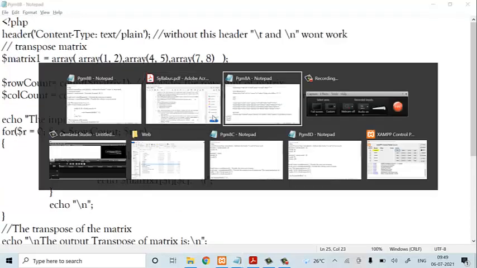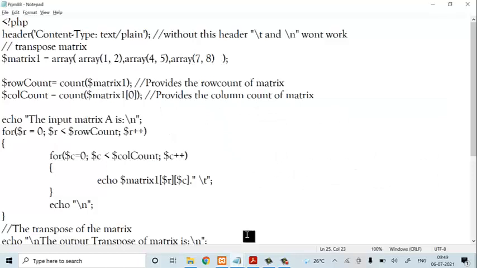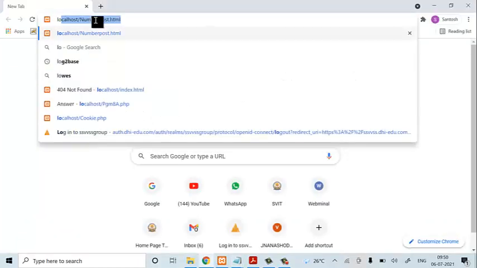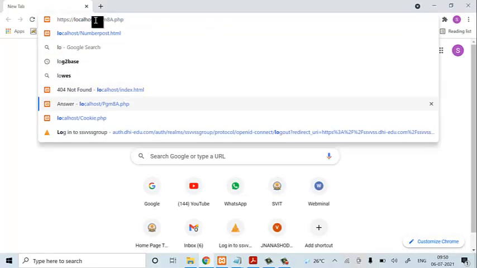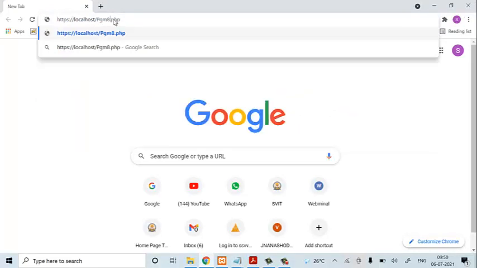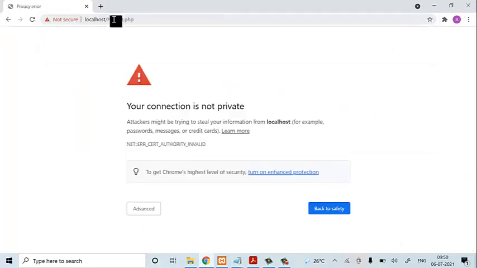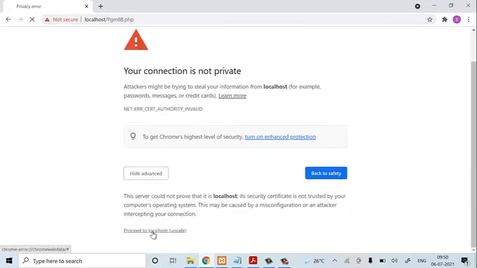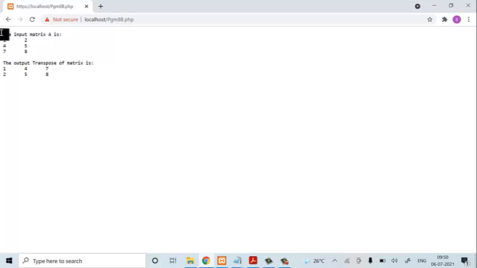Save the code, go back to localhost and you can work on it. Just change it to 8b.php. See, now you can check it out. The input matrix A is 1, 2, 4, 5, 7, 8.